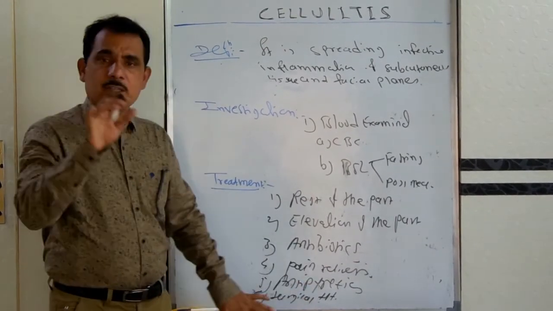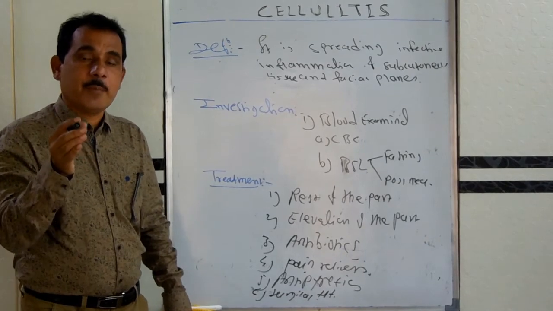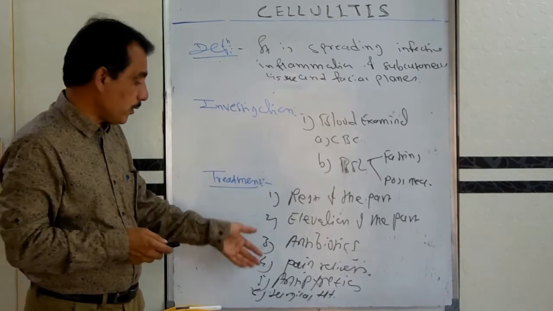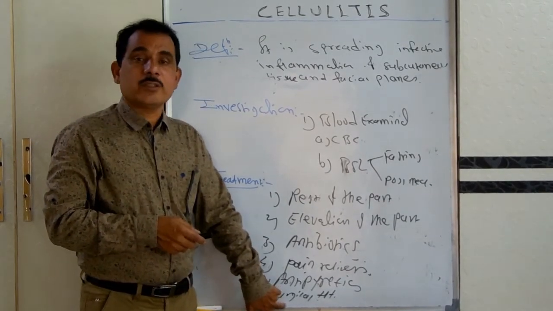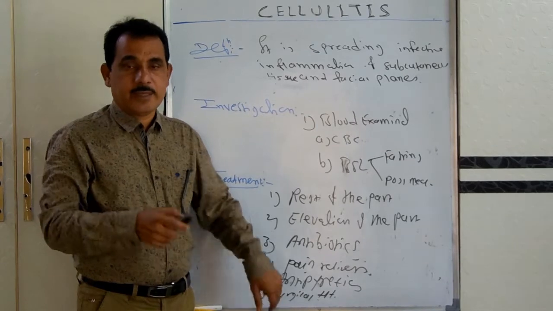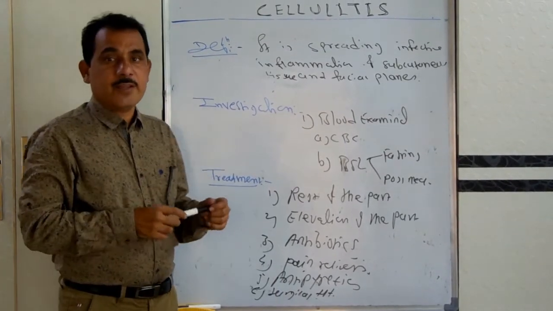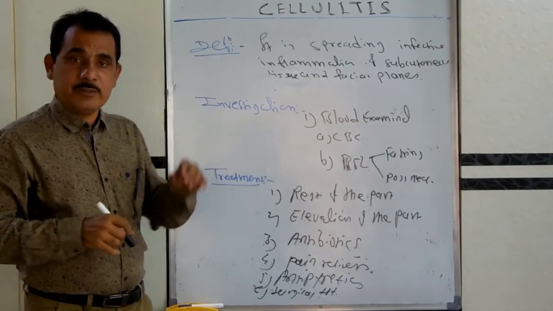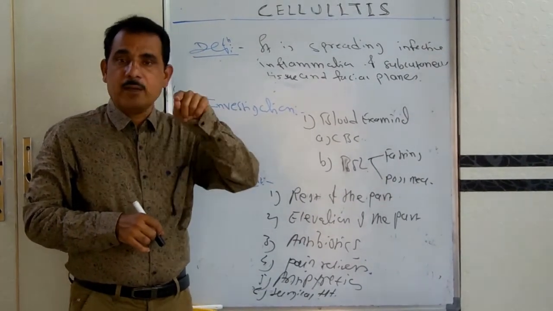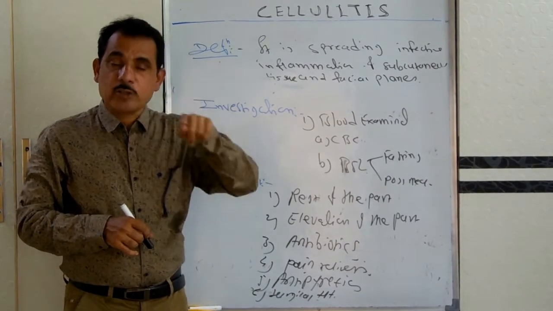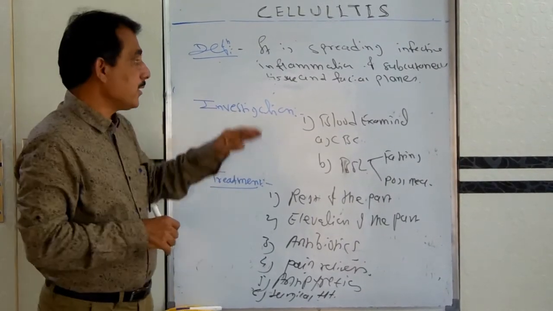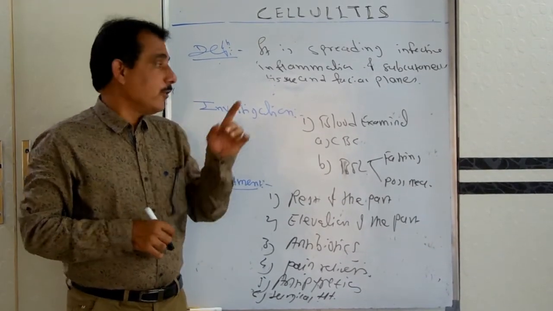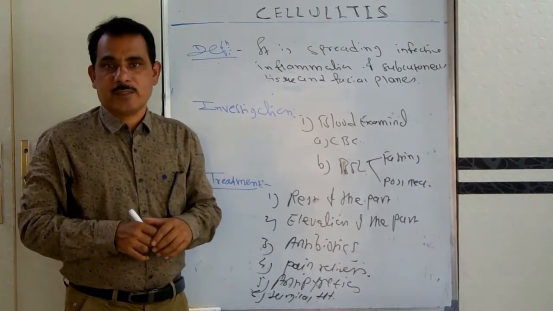Usually it doesn't require surgical treatment, it can be treated with medicine, but sometimes it may require surgical treatment. Then you have to advise or carry out the surgical treatment, taking the incision over the surface along Langer's line and draining it out. On the limb, usually a vertical incision, along the axis of the limb, should be taken. So, it is about cellulitis. From the exam point of view, you will get a question for short notes on this.